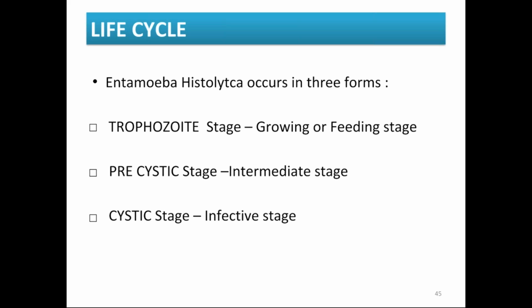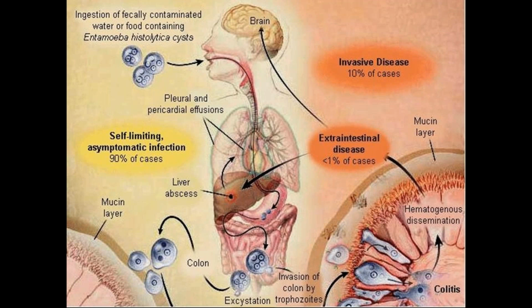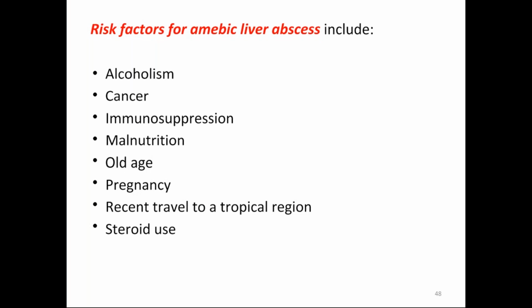So coming to the life cycle, there are 3 stages, that is trophozoite stage, pre-cystic stage and cystic stage. I'm not going into the life cycle part because you will study it in your pathology. So in your second year, right? You should be knowing this by this time. So this is the life cycle. Bypassing all this, coming to the risk factors,